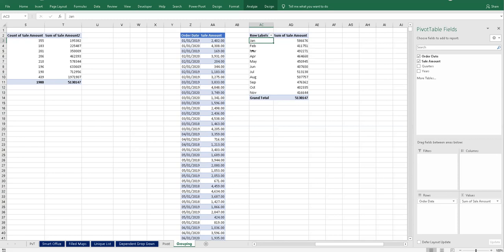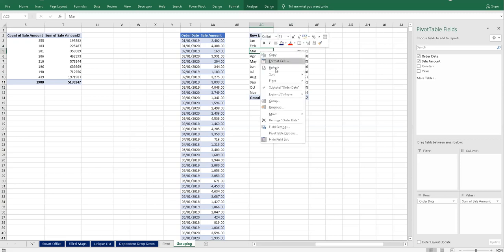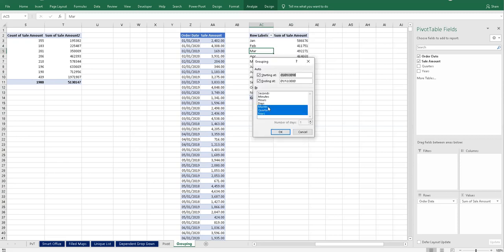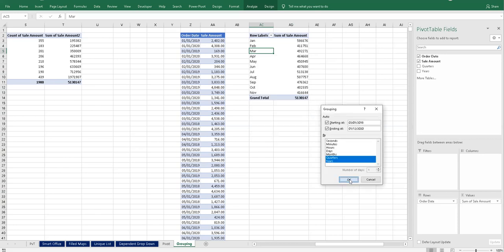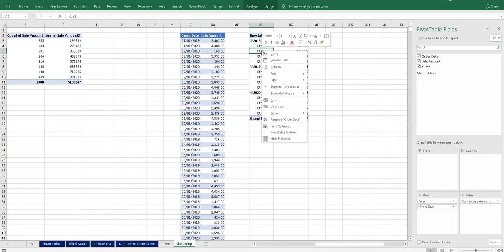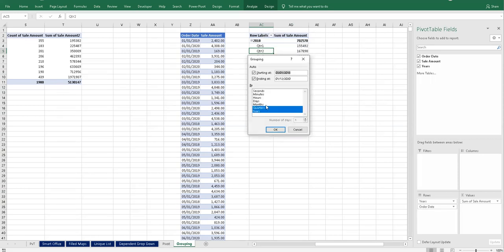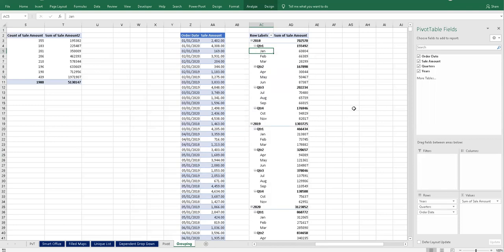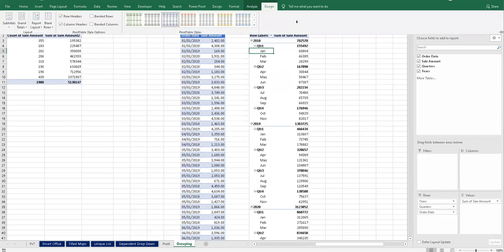Then we will select the grouping concept over here and then say that months, I just want quarter and years. Now the figure has been changed automatically. You see, now it is showing in a logical way which quarter pertains to 2018, and then we will go into the group again, and I want months, so I will take the months. Now all the information is given in a very important way.